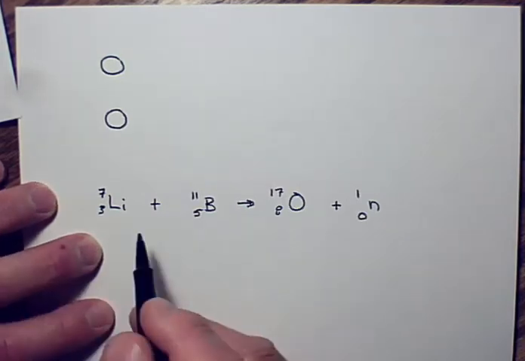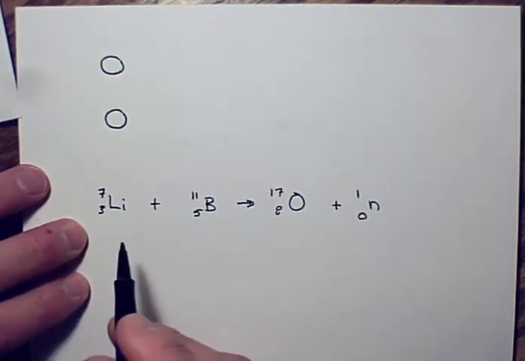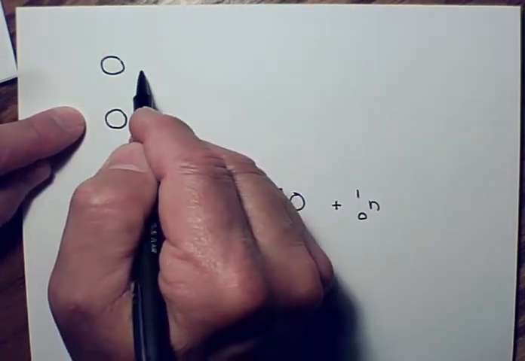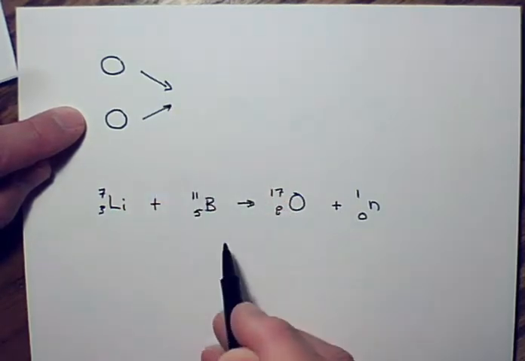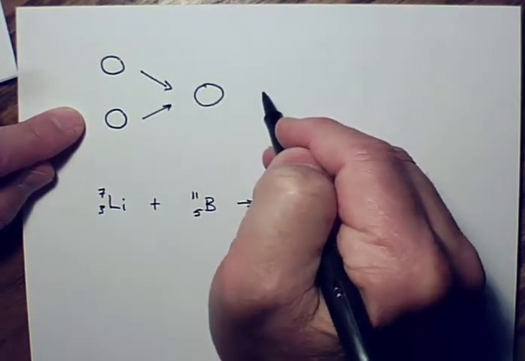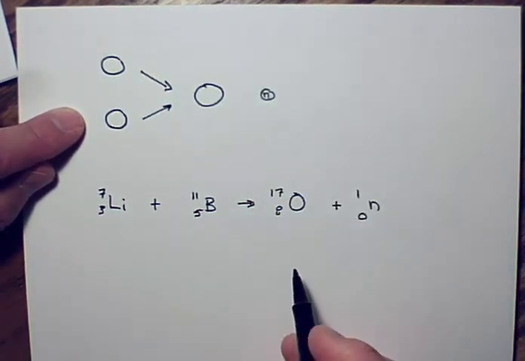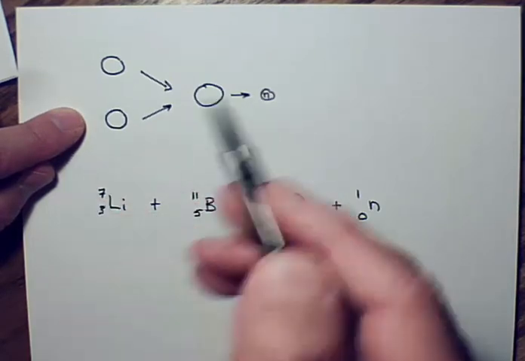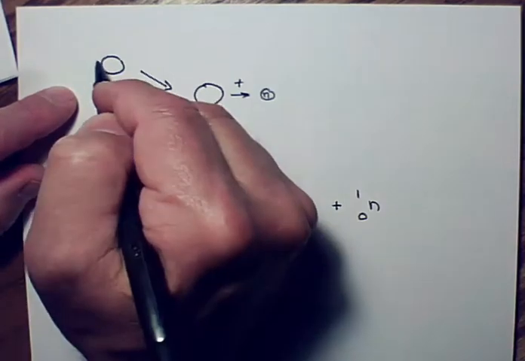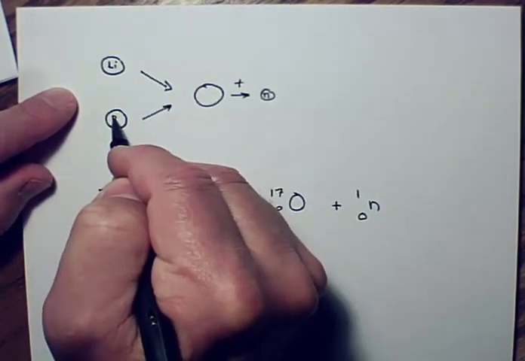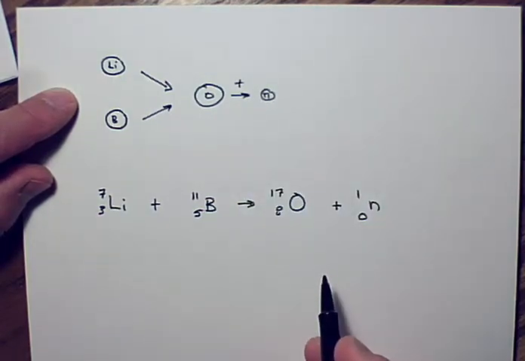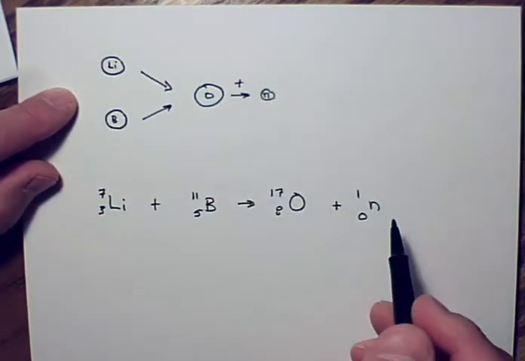Why do you have a 2? Well, hold on, we haven't done this one yet. This is fusion. So let's say I'm putting lithium and boron together. I'm fusing them together, and as a result, I'm making oxygen, which is a larger element, plus a little neutron over here. When we put them together, it actually ends up spitting out that neutron, but you write it as a plus sign. So here's our lithium, here's our boron rather. This is the oxygen here, and there's our neutron. And that's describing